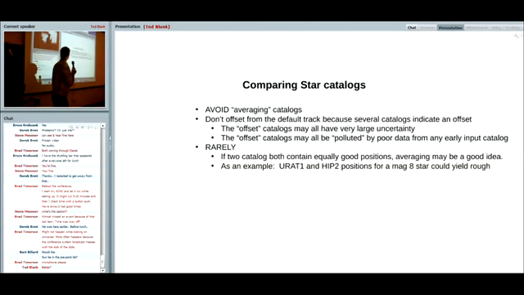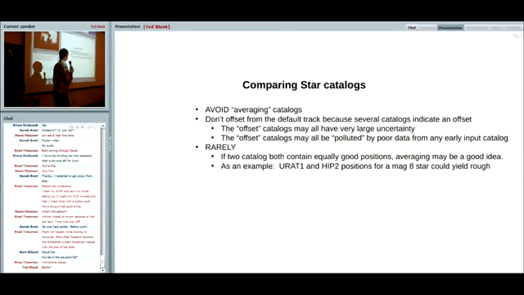Okay, so I advocate you generally avoid trying to average catalogs. There's a few situations where you might decide that two catalogs are really equivalent and they're both good. Maybe a star that's in the range of magnitude 8 or 9, and you've got good data from UCAC4 and good data from Hipparcos, and they look very much identical. Those are two very different types of surveys. So you could say, okay, I'm going to try to average those two, and say that's my best guess, an average between those two approaches. But in general, I would avoid averaging